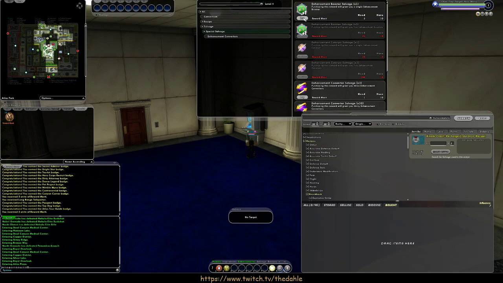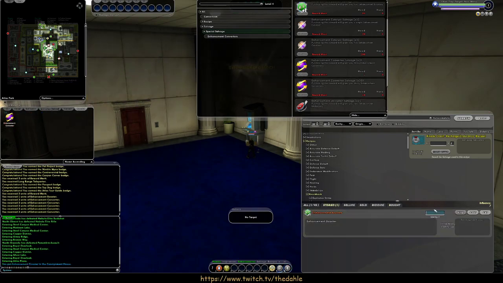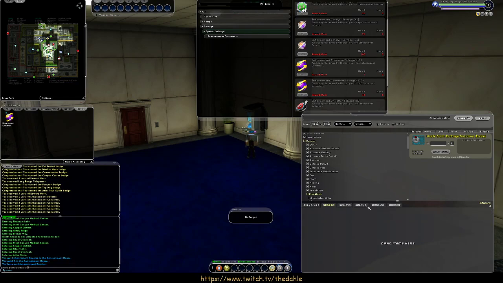We're going to start with a booster, and we're going to buy 15 converters. And we're going to take that booster and we want to sell it. They're selling about 1.2 million right now. I don't have any influence. I killed one enemy in the whole game. One enemy. I have 7 influence right now on this character. So we're going to post our enhancement booster for the whole 1 influence here. And it's going to sell immediately. And it sold for